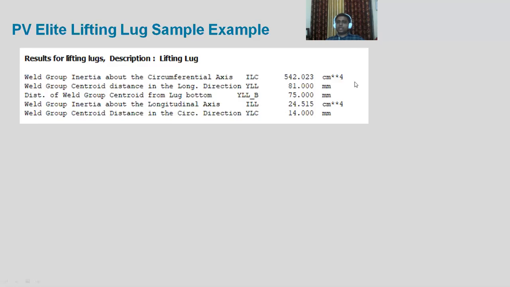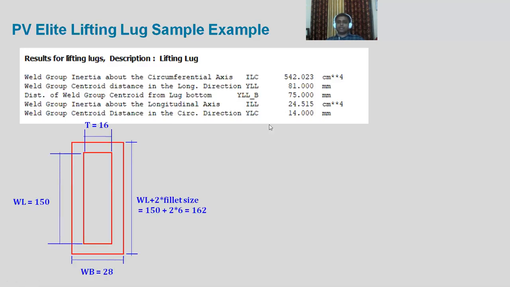So where these values have come from has not been given in the software, and that's what makes it more complicated for people who don't understand how these values have come about. Whatever inputs you have put in, accordingly it will consider these values. Whatever values we have put in, are they correct or not? Let's understand. This is nothing but the weld group moment of inertia, and the red color represents